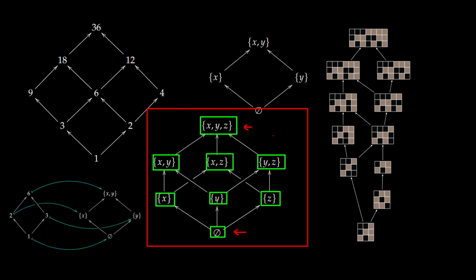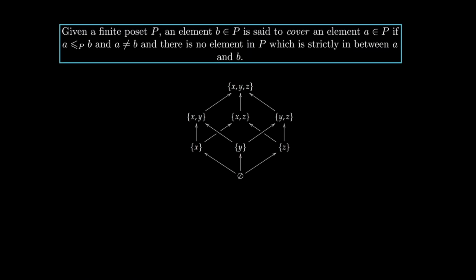And one thing to just keep in mind is that the set of all subsets of a set is called the power set. And in this case, the entire set is just the power set of the set x, y, z. Okay, so it has 8 elements, and the question is, how did we arrive at this visual depiction of the partially ordered set? Okay, in order to describe to you how we can generate these pictures, we just need one